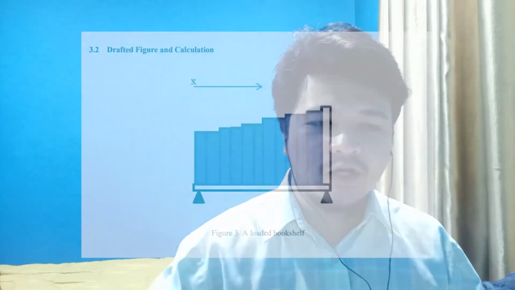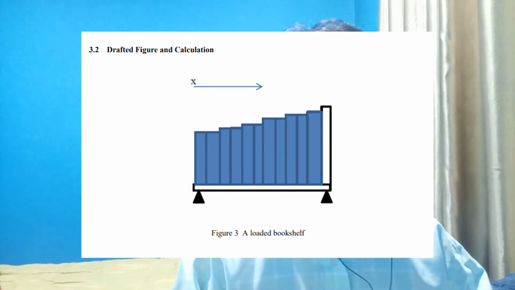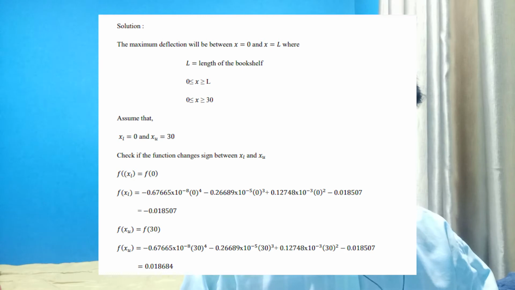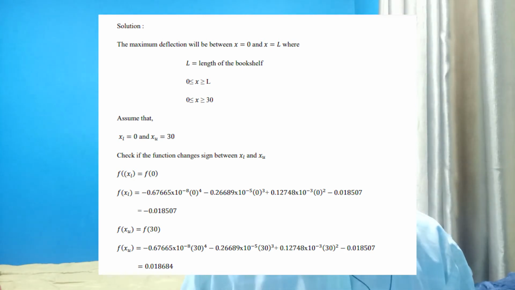And this figure is about a loaded bookshelf. So we are calculating about the bookshelf. We start the calculation here. So the solution is the maximum deflection will be between x equal to 0 and x equal to L,